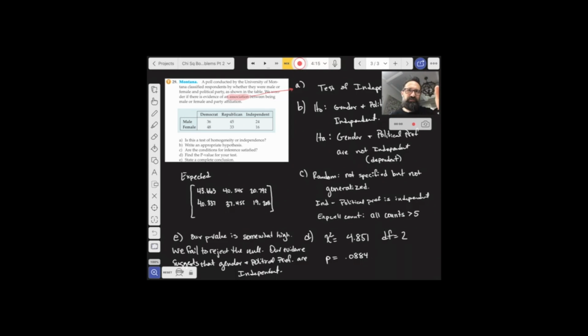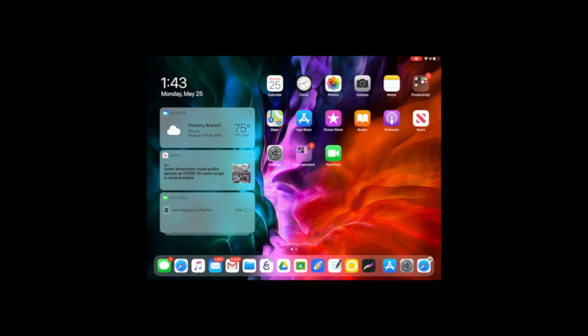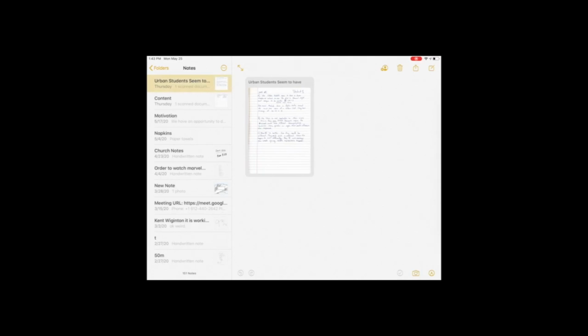But check out Explain Everything if you're willing to pay the $14, or if you want something just bare bones, where it's just, I need a whiteboard app, I want to be able to write on it. Your Notes app is a really great app. It's also free. This comes natively on the iPad. It's here. And so we can go up here, we can click New Note,